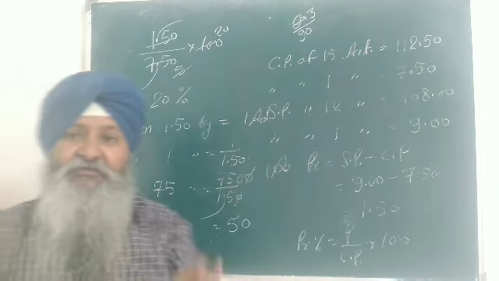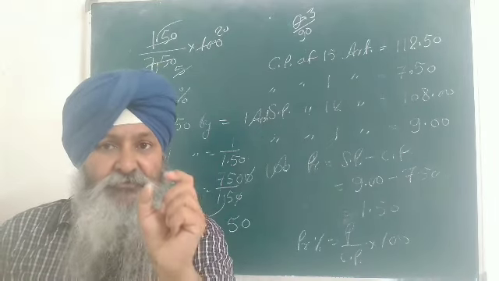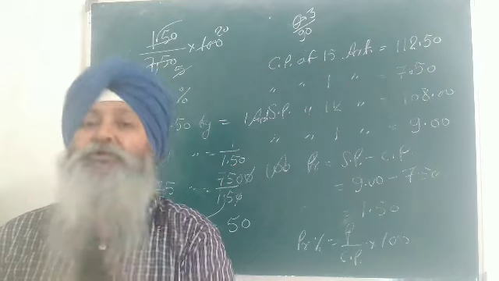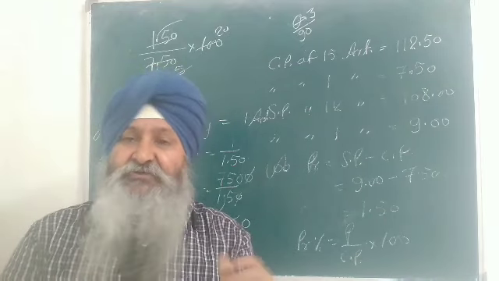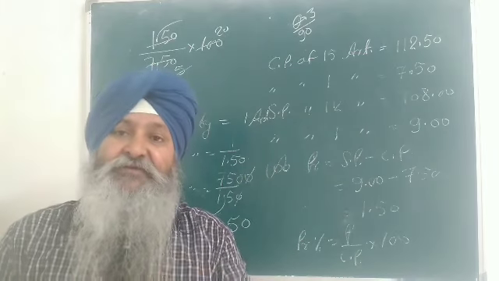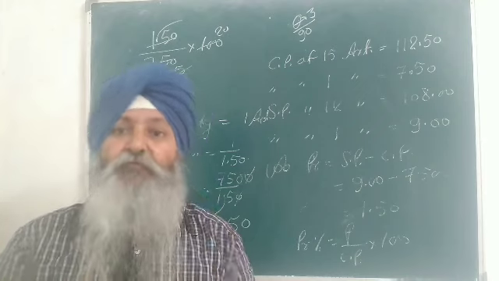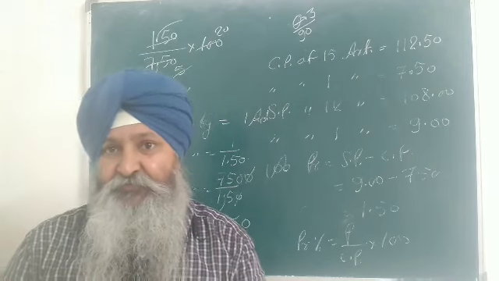So it means he is getting 20% profit in it. Now there is one very small part left, that is of the unitary method. They are asking that he is selling it and getting 20% profit. That's okay. But he is asking how many articles he will sell to get a profit of rupees 75.